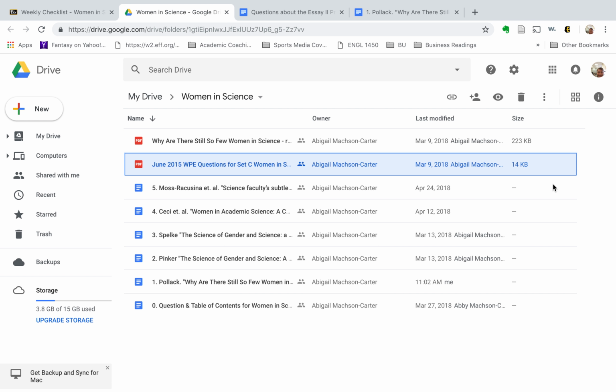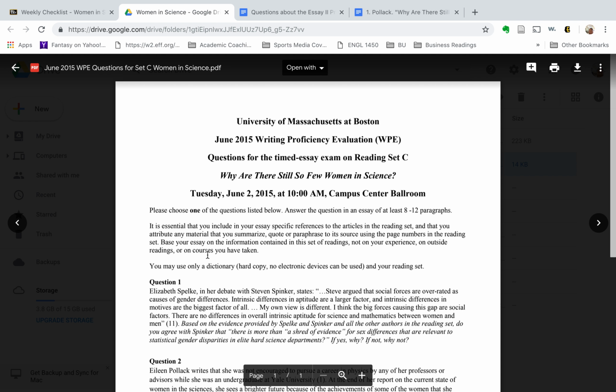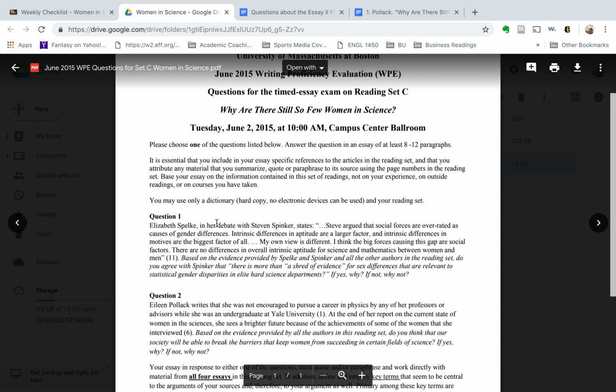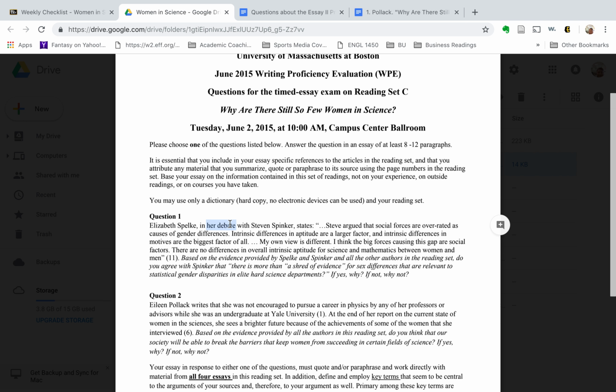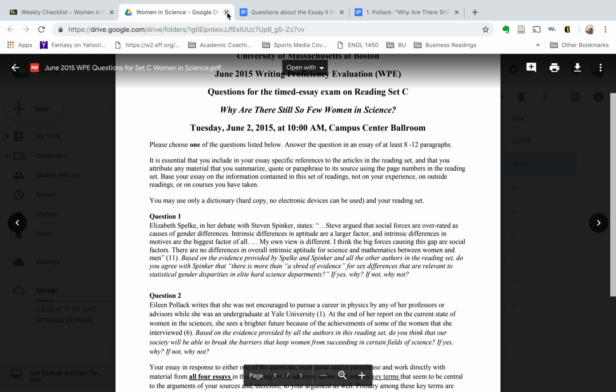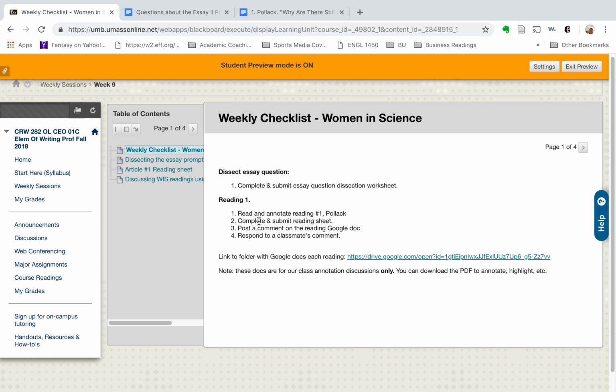So, whatever it is that you want to do it, remember to look for the keywords in this process. For instance, in essay question one, this word debate here may not seem like a huge deal to you, but think about a debate. It's a very particular genre. There's an argument being made, there's a question that has multiple answers, and there's evidence hypothetically presented by the different people involved in the answer. So even that word debate might be important. So go through, pick out the words that you think are really helpful to solving this essay question.